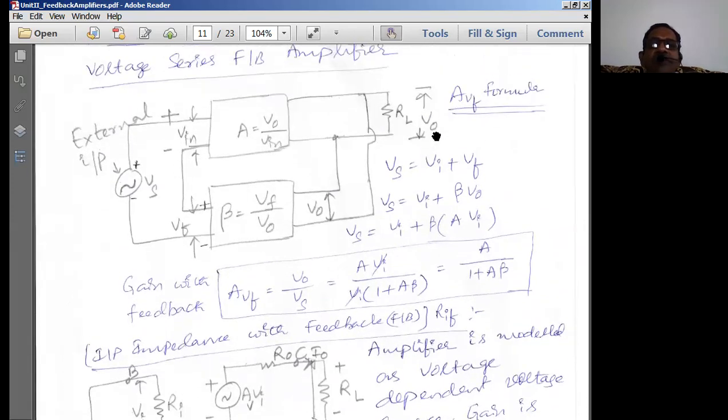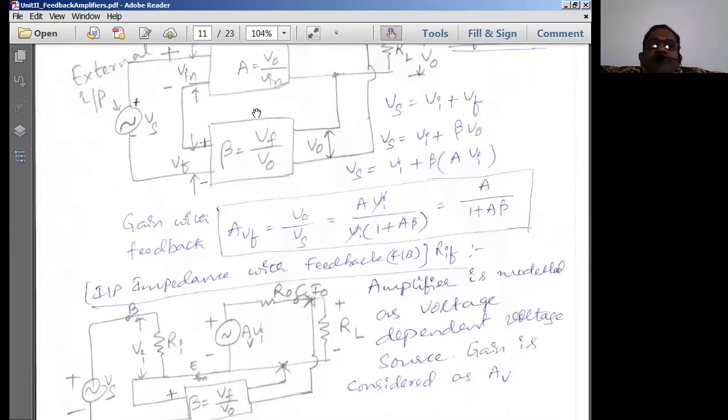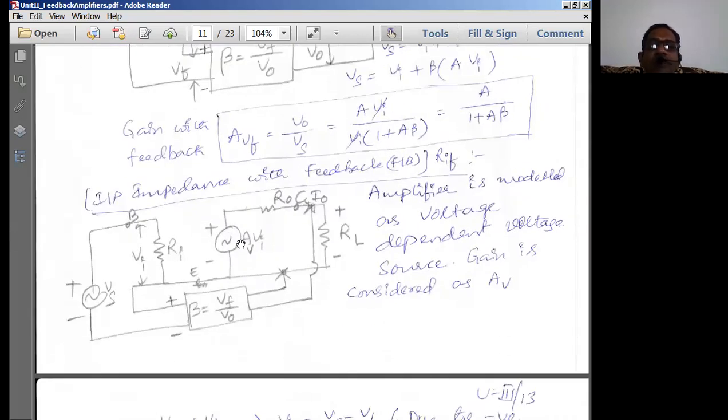This output voltage is coming because of what? AV, output voltage, input voltage. So because of the voltage AV, it is giving you the output voltage. Therefore, I can call it a voltage dependent voltage source. That means this circuit is going to produce an output voltage which depends on the input voltage across the terminals